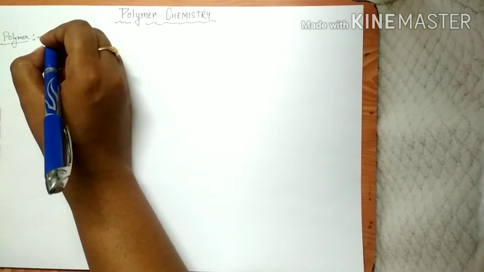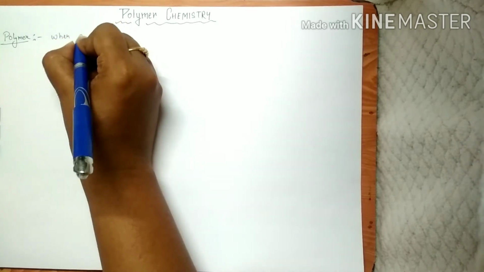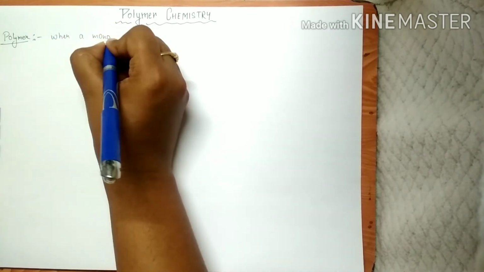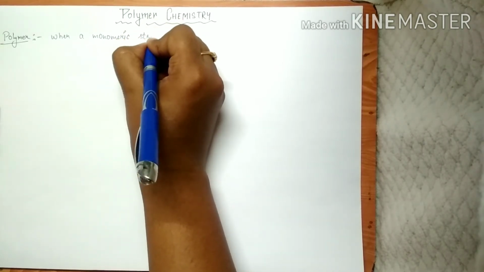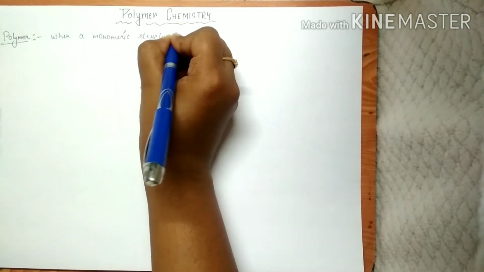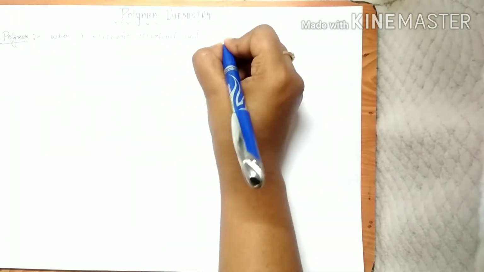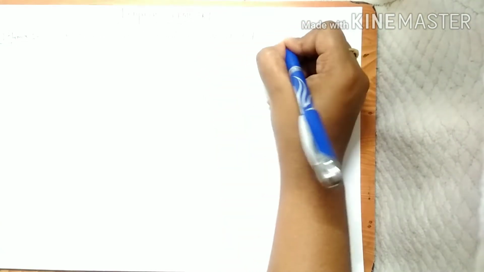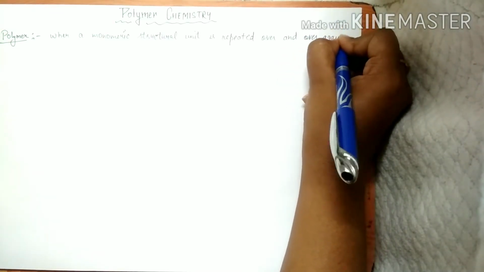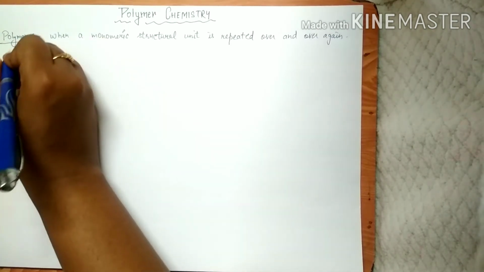Polymer is something which is formed when a monomeric structural unit is repeated over and over again, then it leads to the formation of polymer. Okay, for example,